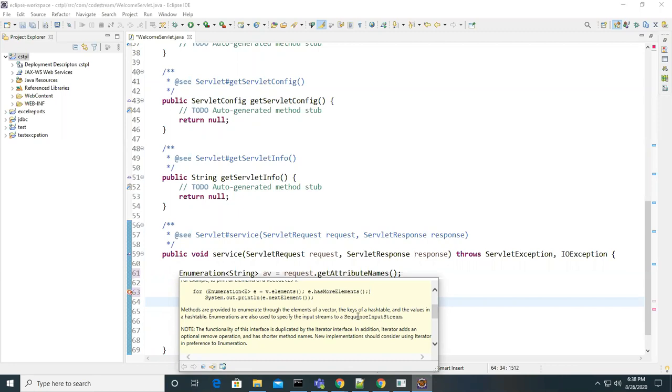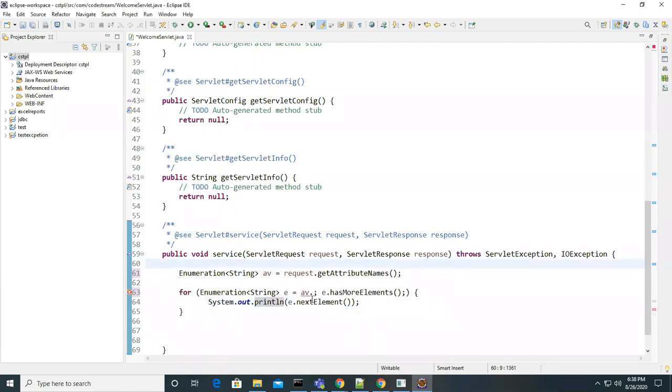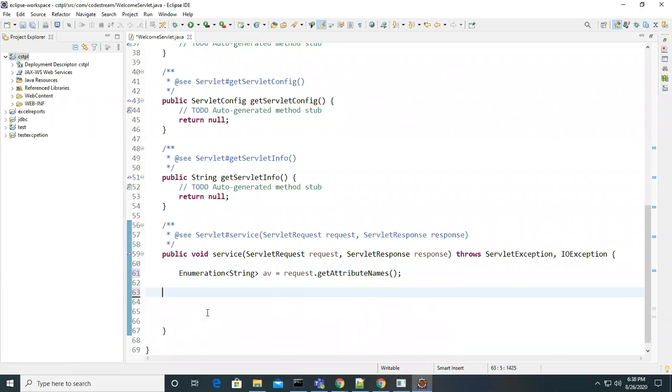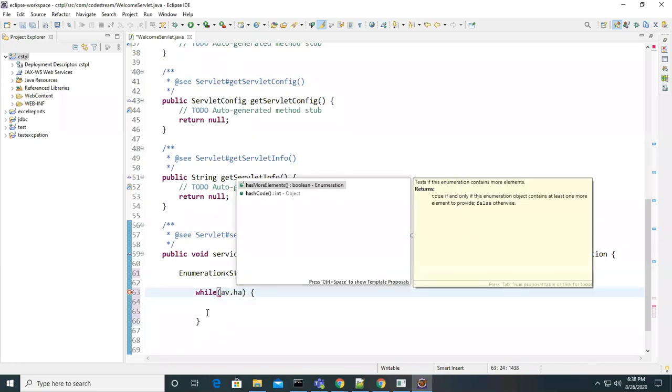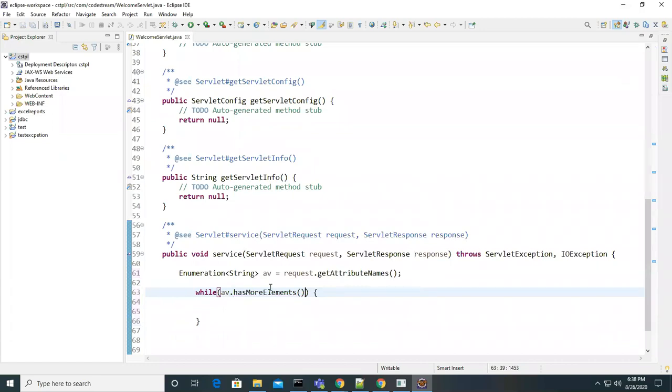So look at this. Instead of this, I will use my own way. While av.hasMoreElements, this method will return true or false.